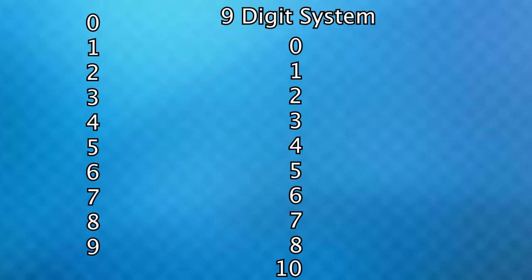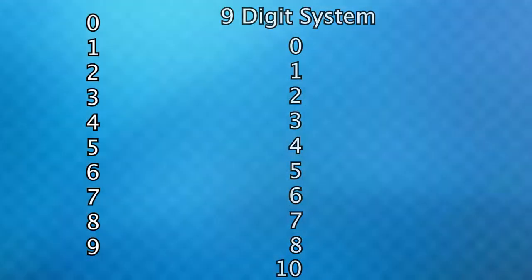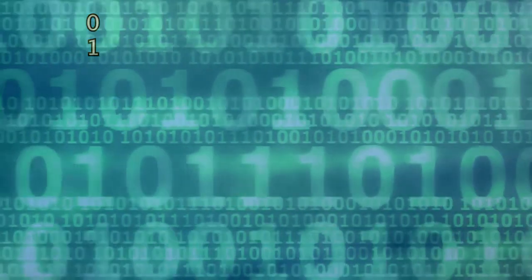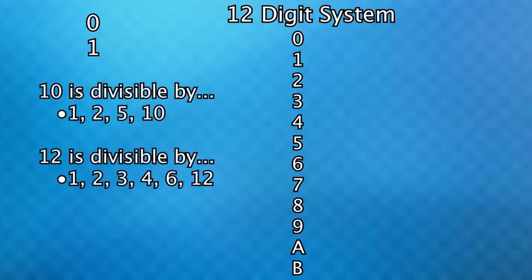We believe that the 10 digits comes from the fact that we have 10 fingers. Simple as that. In fact, there are many times we only use 2 digits. It's known as binary. But mathematicians actually say had we picked 12 digits, then arithmetic would be much easier considering 12 is divisible by more numbers than 10.